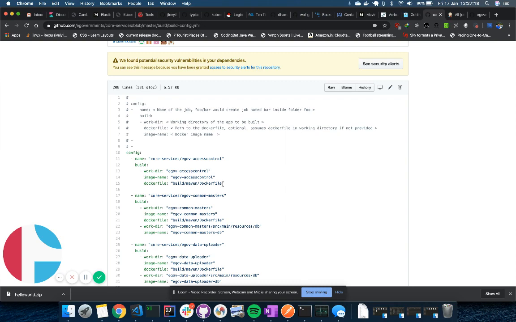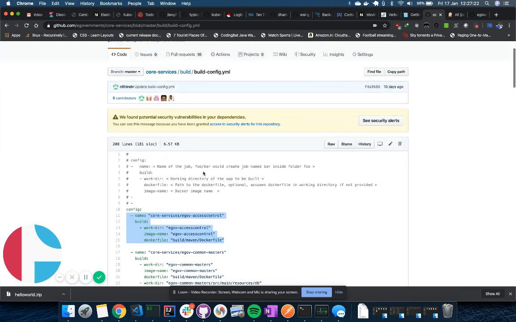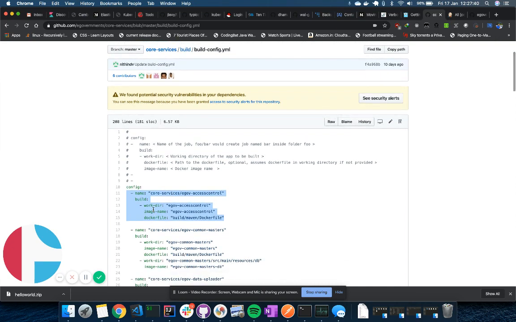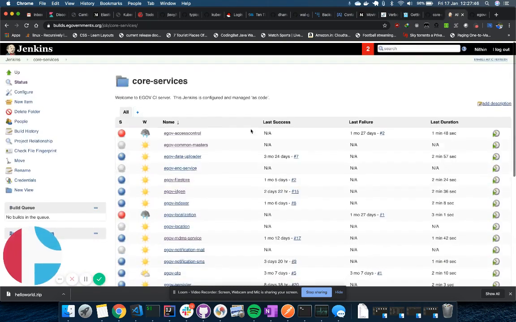To do that, you need to add a config element to this build config file, which exists in pretty much all your repos. So in case you're building a new repo itself, or you have a private repo or some sort of scenario, then you would create the same folder structure, as in your repo name will be here. In that, there's a build folder, and then there's a build config file. And the build config file will have a list of configs. It's an array of configs. Each config will represent one such build here.